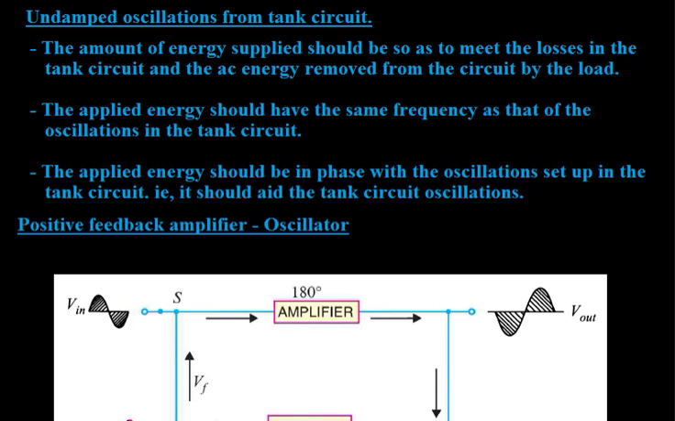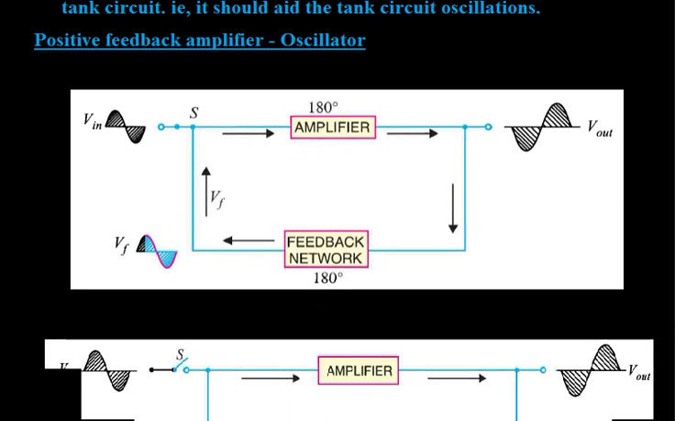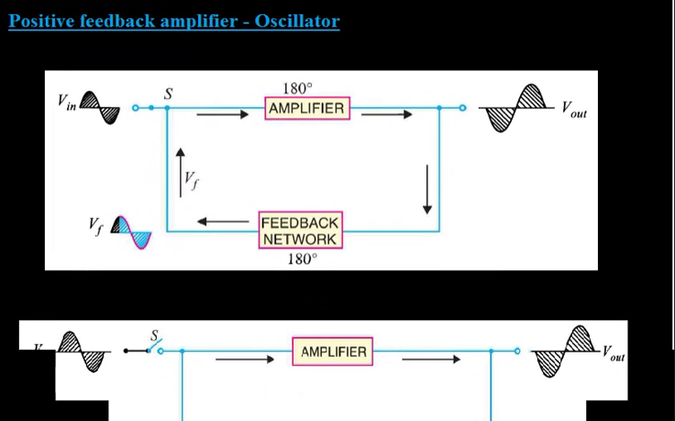Also, we should be careful about the frequency and the phase of the applied energy. The applied energy should have the same phase and the same frequency as the oscillations produced in the circuit. So here, if we consider a circuit of an amplifier with positive feedback, as shown here, we are given